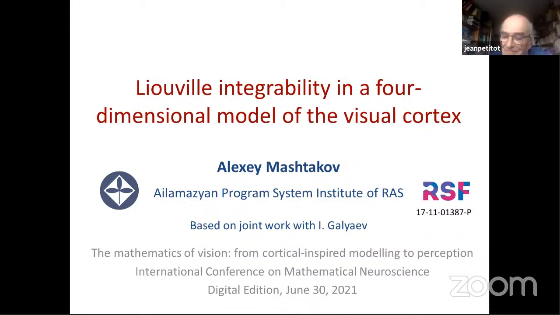Roughly speaking, this four-dimensional model is an extension of a classical model introduced by Jean Petitot and consequently developed by Giovanna Citti and Alessandra Sarti and many other researchers, which nowadays is a very popular, well-known classical model. But this extension is made by adding...